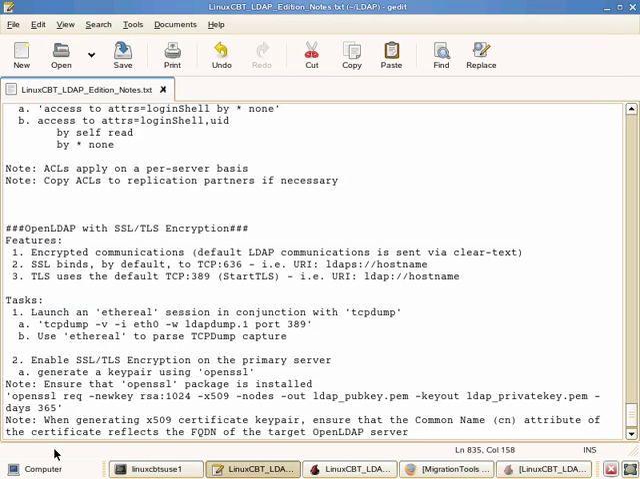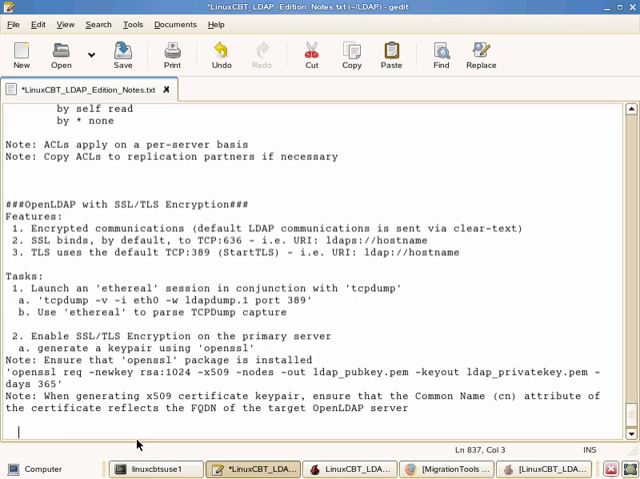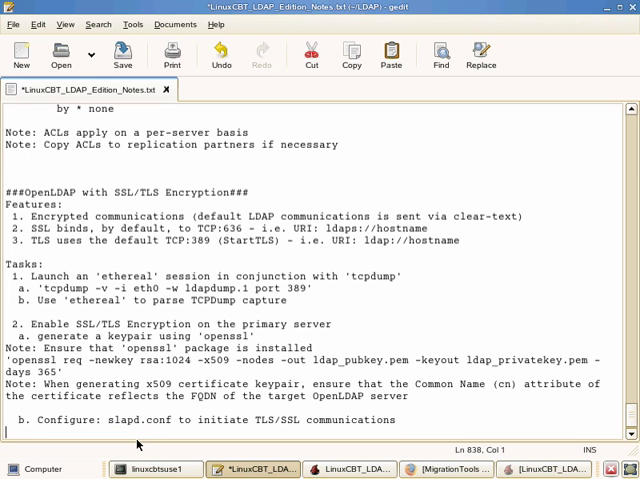So now we've got our key pair. We need to, however, configure slapd.conf. So the next step is to configure slapd.conf to initiate TLS/SSL communications. The configuration requires at least that we reference the public key file as well as the private key file. Those are at least the directives that are required. So we will need to indicate in slapd.conf the following: